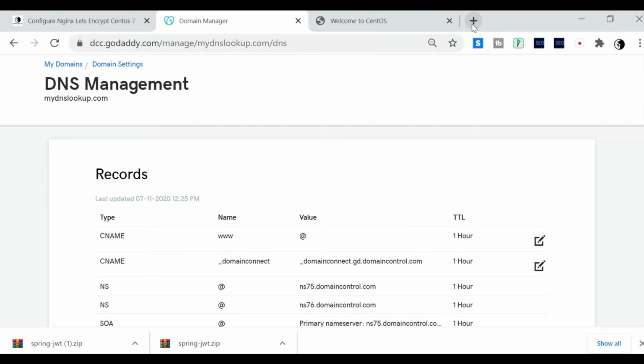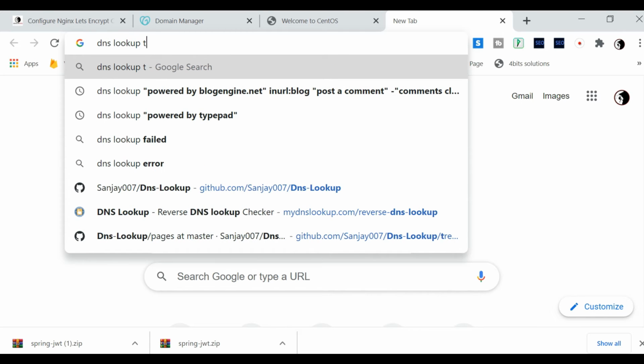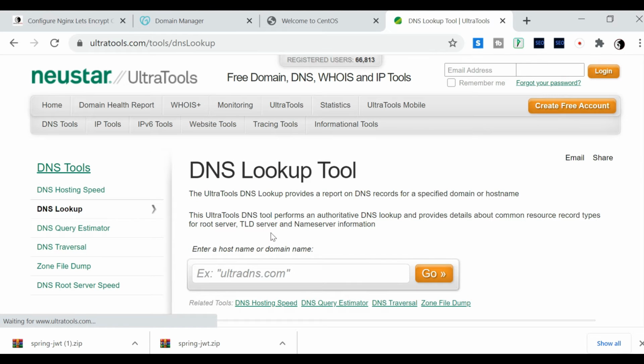So I think this is the tool that they're going to use, mydnslookup.com, but as of now, let's use any DNS lookup tool. Let's try this and see if this DNS change has been propagated or not.